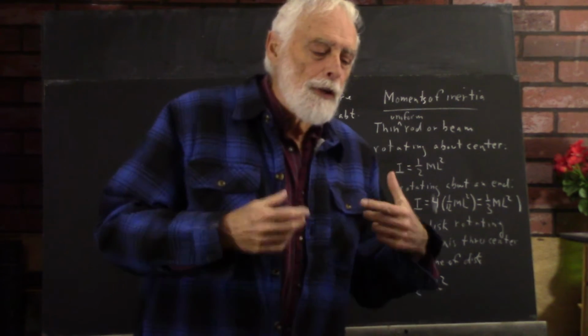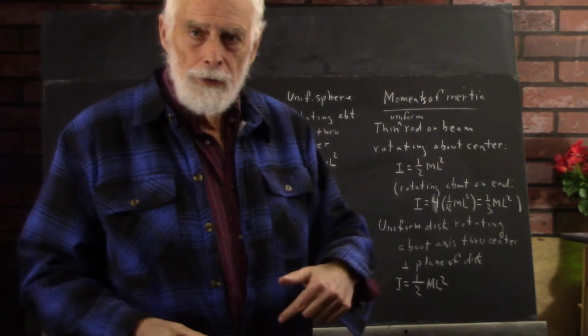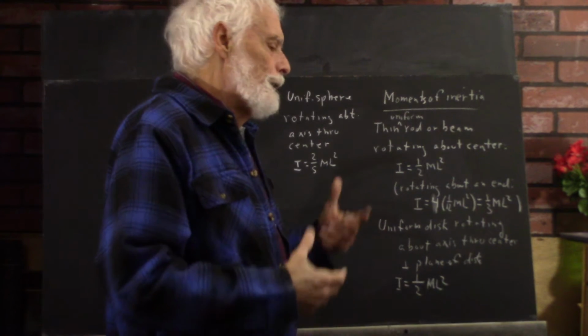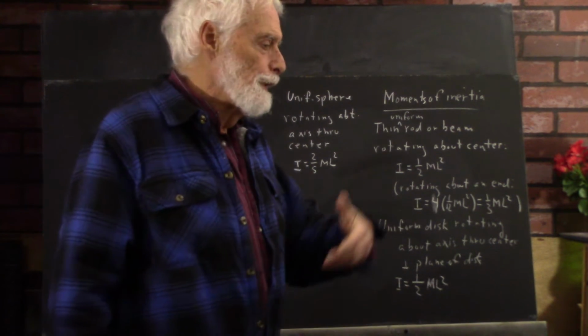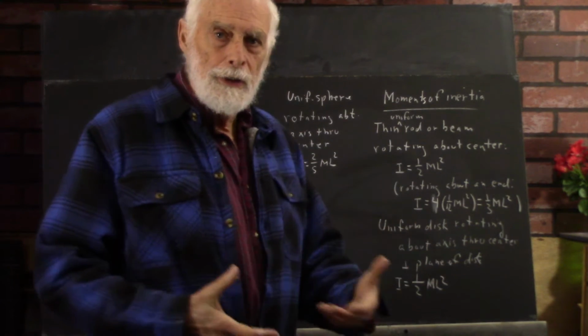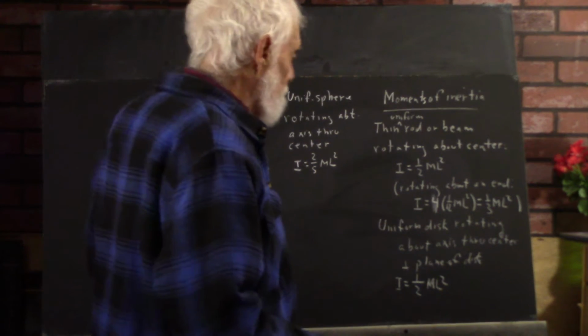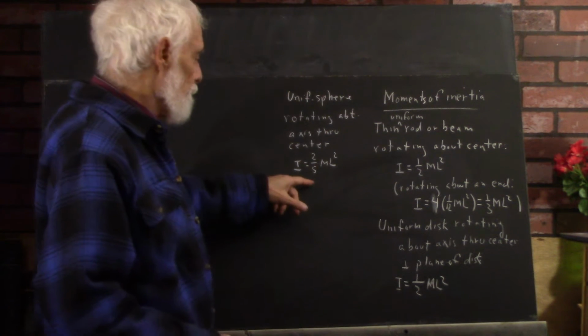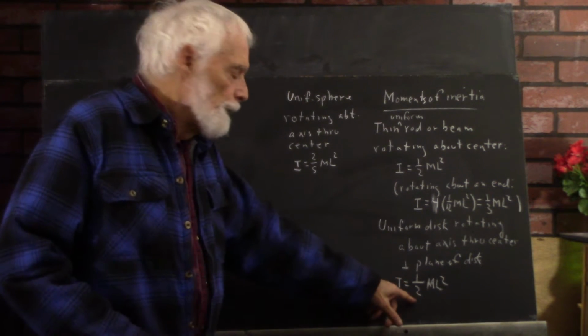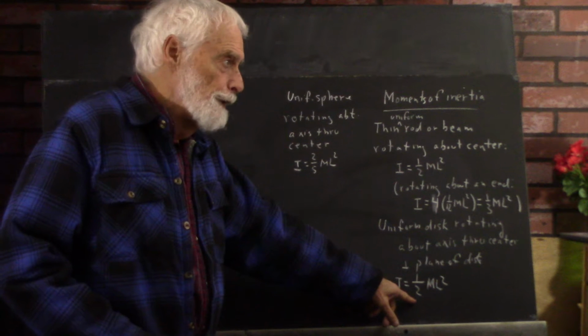And the closer the mass is to the axis of rotation, the less its distance from the axis of rotation, obviously, and the less its squared distance, so the less contribution it makes to the moment of inertia, so that the moment of inertia of the sphere is a bit less than the moment of inertia of a disk of